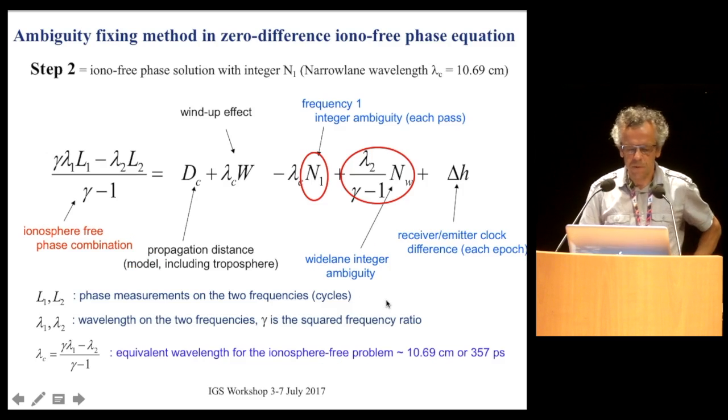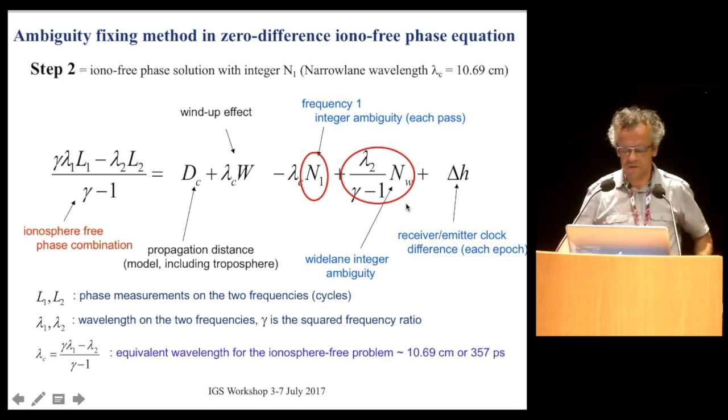And in the second step, which is done by batches, you just write the iono-free phase solution, and you can see that you have to determine a set of integer ambiguities, a set because there is one for each pass, and the station clocks: the difference between provided satellite clocks and the receiver clock that you want to determine. And you see that there is complete correlation between clocks and ambiguity. Any error in the ambiguity will go into the clock, and there is a global